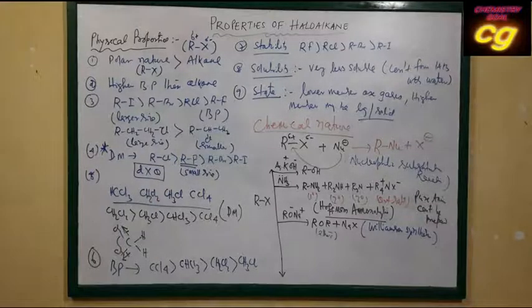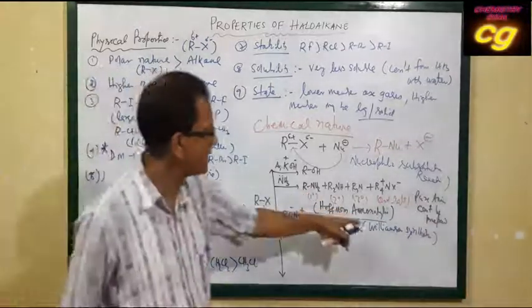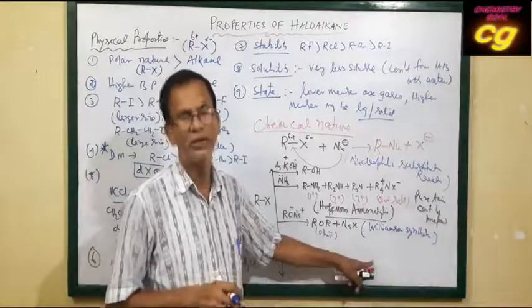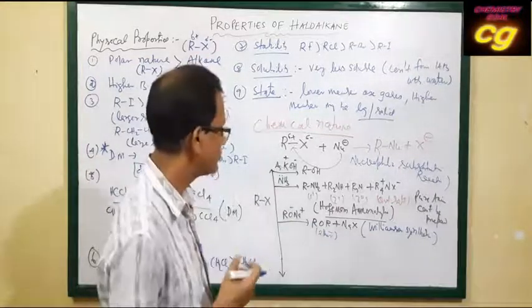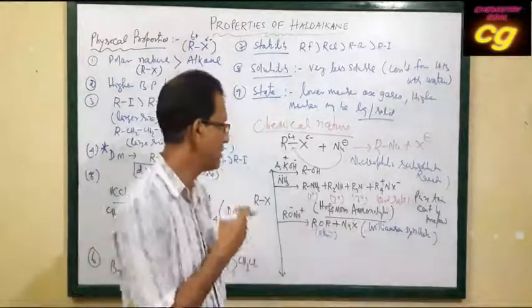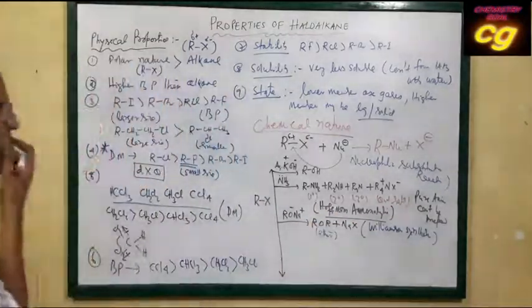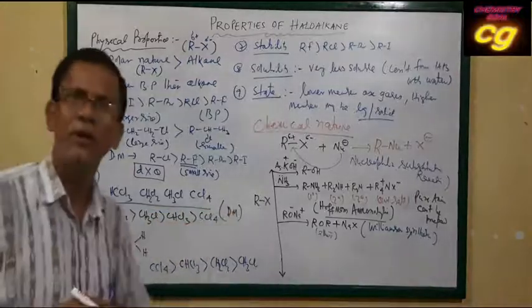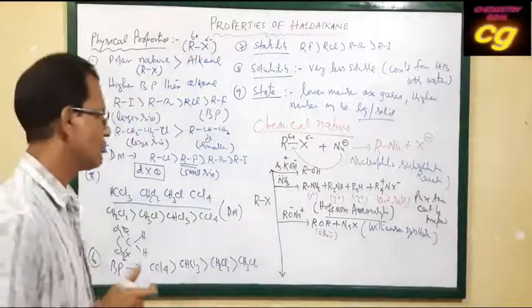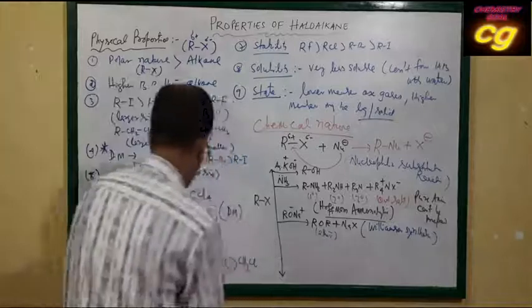Your name reactions: one thing you remember, all name reactions you note down. You can use a different color pen so that you can identify the reaction. Hofmann ammonolysis, Williamson synthesis. This is a very important chemical property of haloalkane. So similarly, if you use